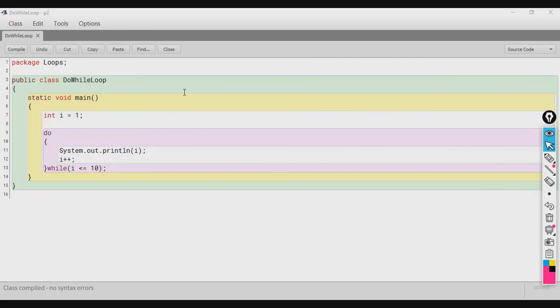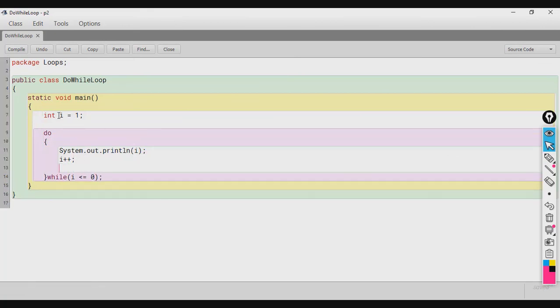So let's say I'll change the condition here, i is less than equal to 0. Now if you see, the value of i is 1 and the condition here is false. So even though the condition is false, the loop will execute once and it will print the value of i.